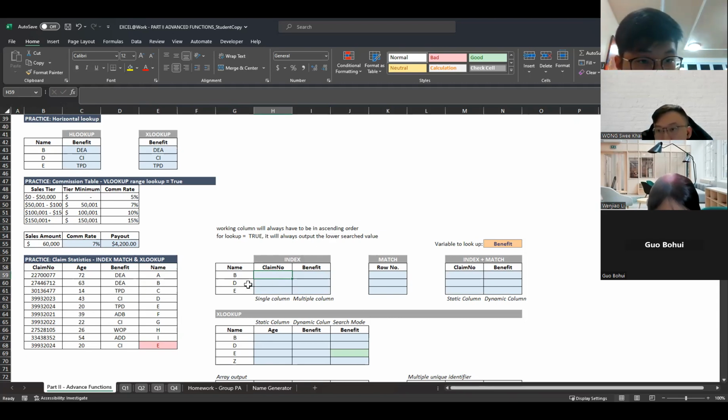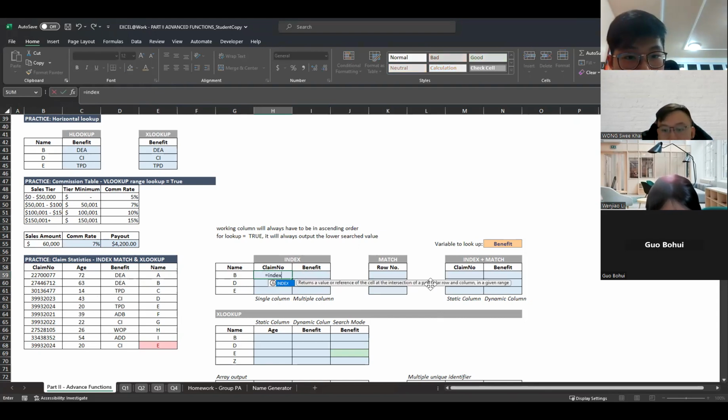Let's say I have the name list here, and I want to find the particular claim number for this name. So let's try to use INDEX. INDEX references the intersection of a particular row and column in a given range.